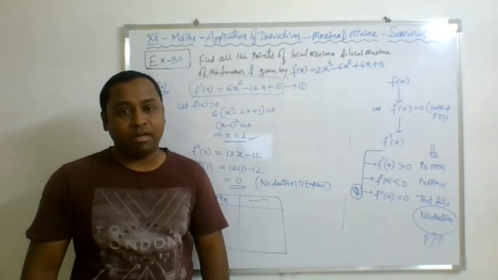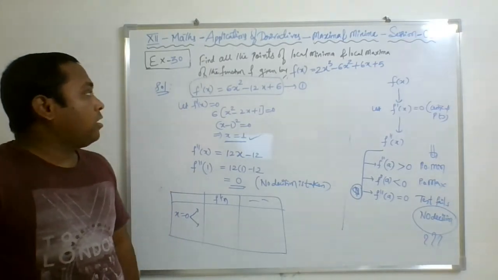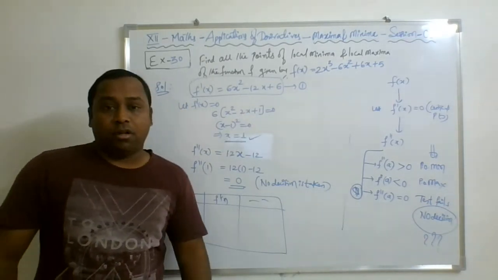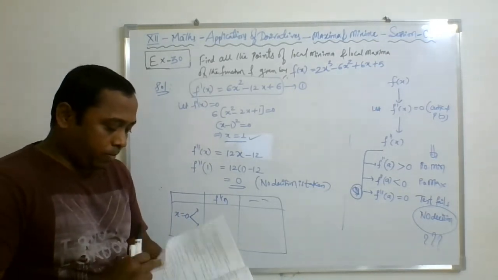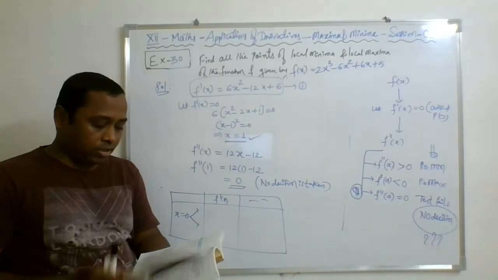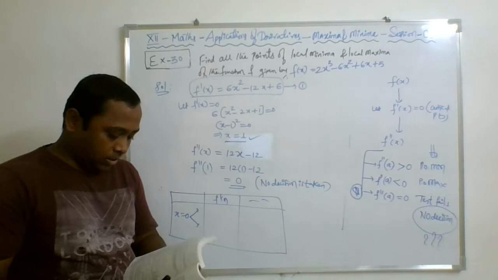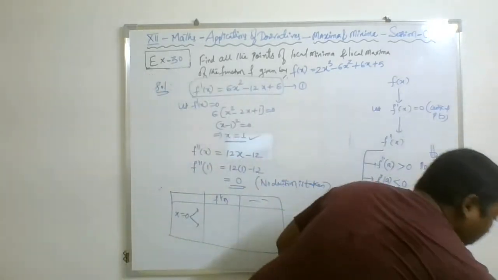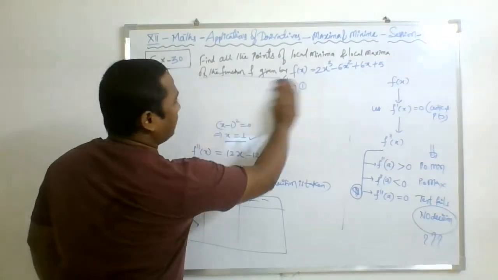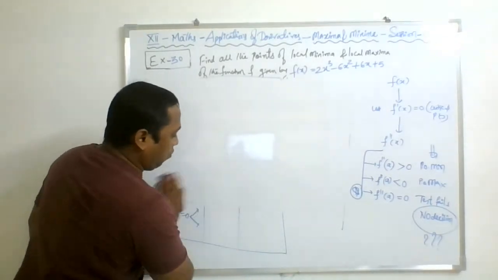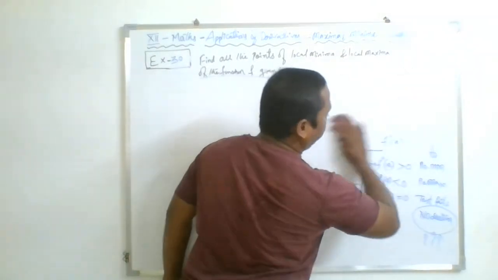Now I am taking one more question where you will see the trigonometric function, how to deal with that. Okay, let's have the question. Because you people have a very much phobia about the trigonometric function, though they are such simple questions. Chill. So I'm taking one question where we need to find the same. The question remains the same. Only the function will be changed.